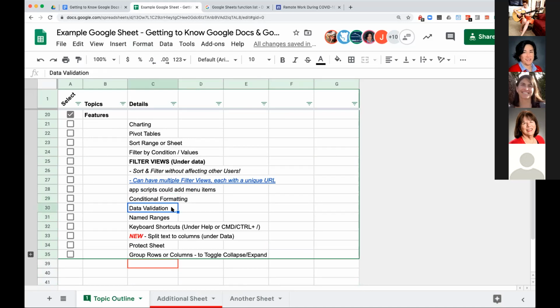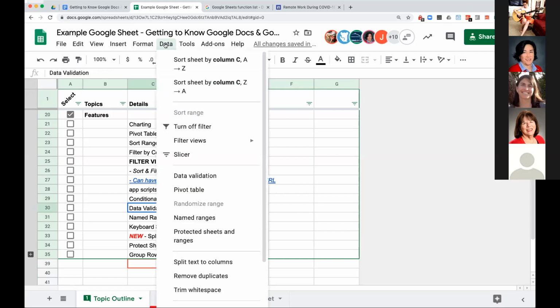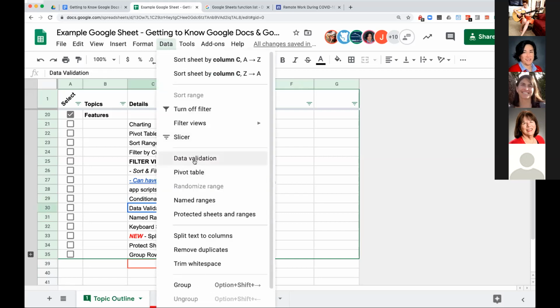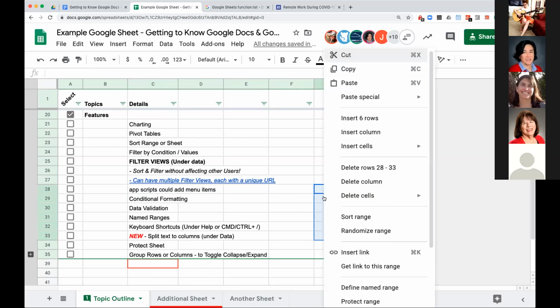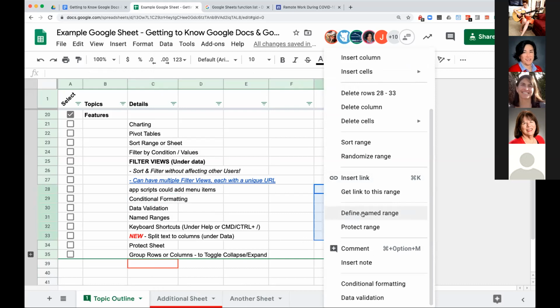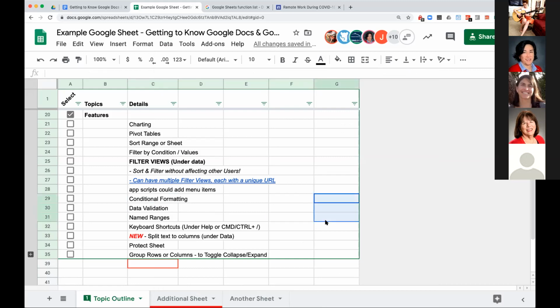There's data validation. So if you want to always have a column, for example, where people can only put in a certain number of values, you can either type those in or have it refer to a range of cells somewhere where you give those values. You can name ranges, and basically what that means is you have a range of cells somewhere, you select it and you name it. And you can then call that range instead of having to say G29 through 33. And that might be the place where you have your drop-down list for data validation, for example.